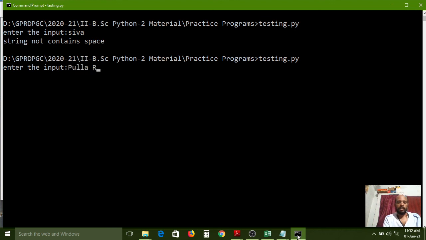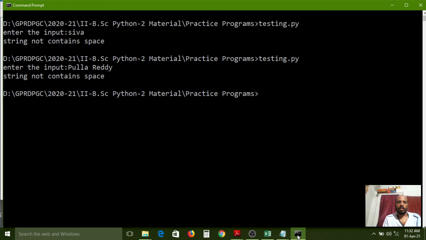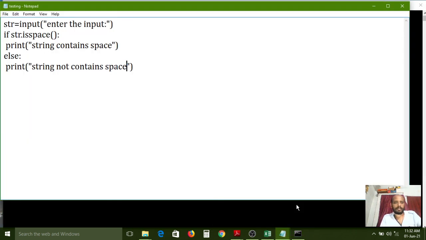Pulla Reddy. String not contain space. Why is it showing that? In between we have a space, no? Why is it showing string not contain space?